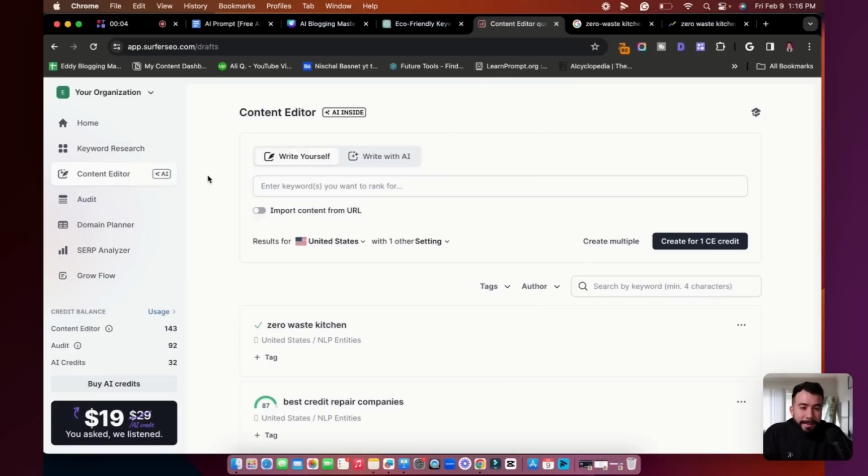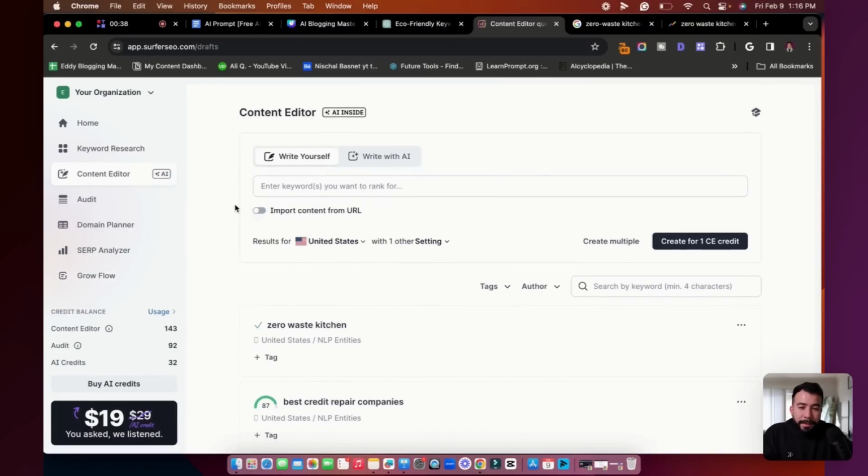All right, everyone. So we're inside of Surfer SEO. Like I said earlier, this is the tool that I use to write all my articles. It's the tool that I use to gather semantically related keywords, the word count, how many images I should include, and just about anything when it comes to SEO. I normally use this tool and their audit feature. They do have an AI writing tool that is constantly evolving, which is a solid tool. I have used it before. But again, for this video, I'm just going to be showing you a few different examples and how I go about that.